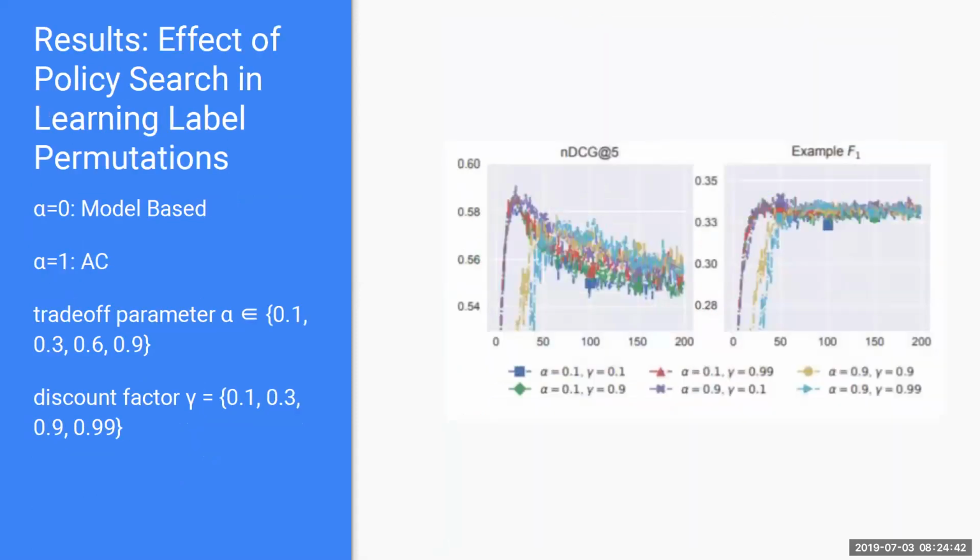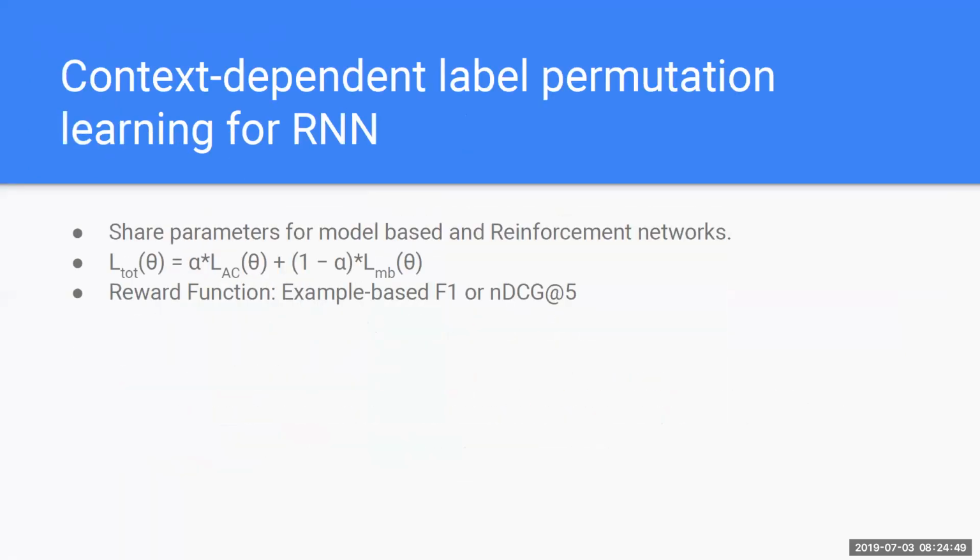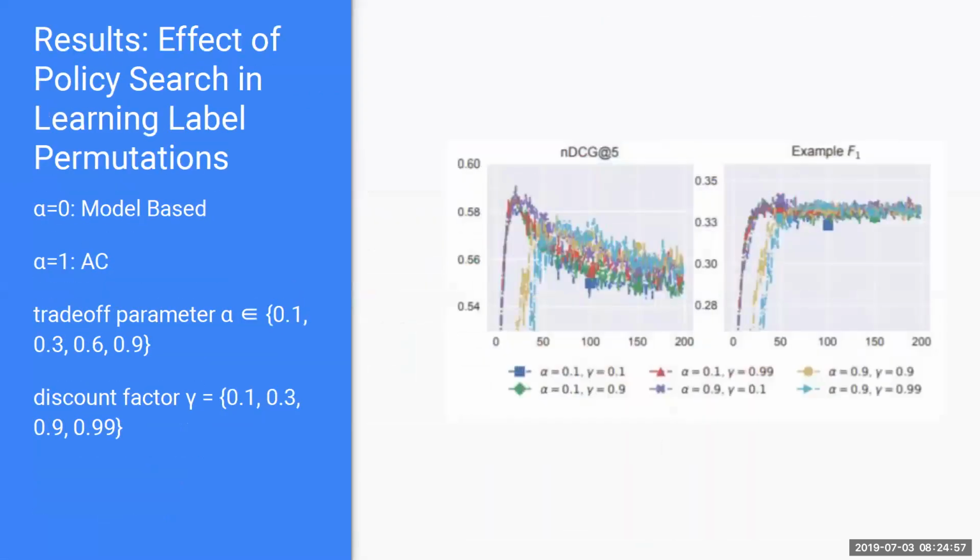And the other one is your hyperparameter. As you can see from this function, if you take alpha equal to 0, it's going to become a model-based network. And if you take alpha equal to 1, it's going to purely be an actor-critic method. And they basically tried various combinations of each. One thing they observed was if you keep alpha as 0.9 and you take a high value of gamma, which is basically a discount factor for the actor-critic method,